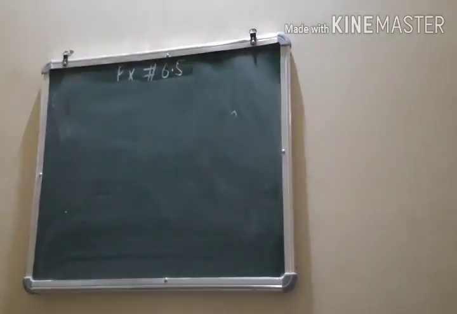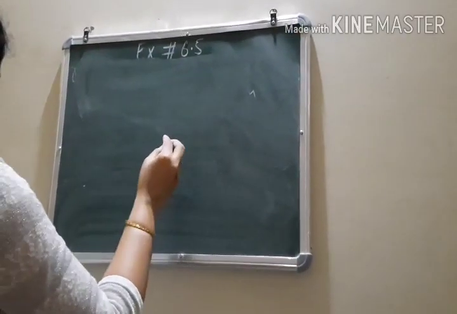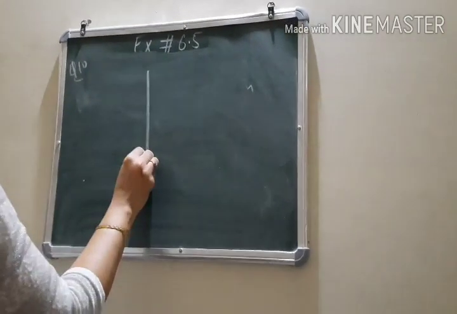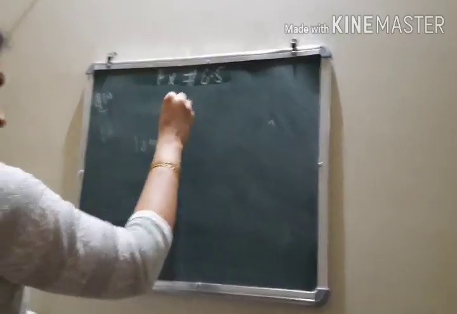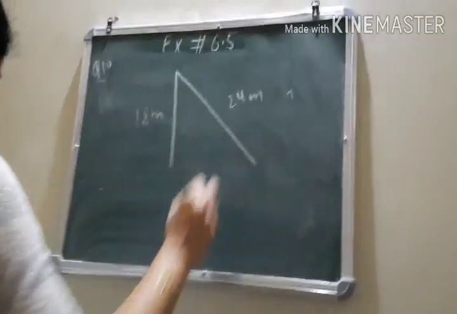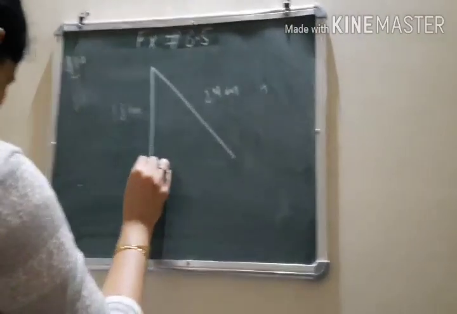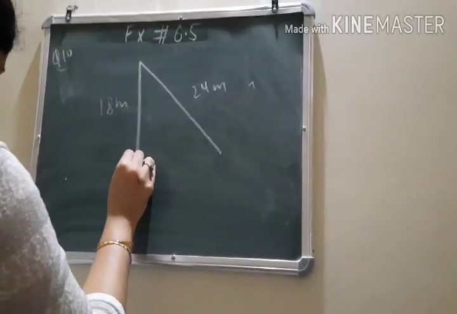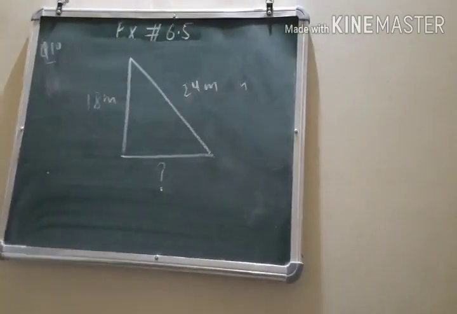Now question number 10: a guy wire attached to a vertical pole. Now question number 10 also I just explain. A vertical pole is there of height 18 meters. A wire is attached which is 24 meters long. This wire is 24 meters long and has a stake attached to the other end. How far from the base of the pole should the stake be driven so that the wire will be taut? So this you have to find again.